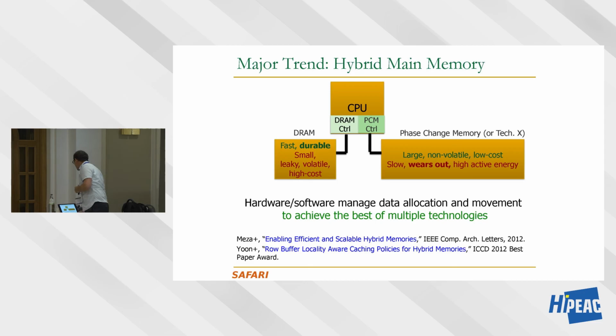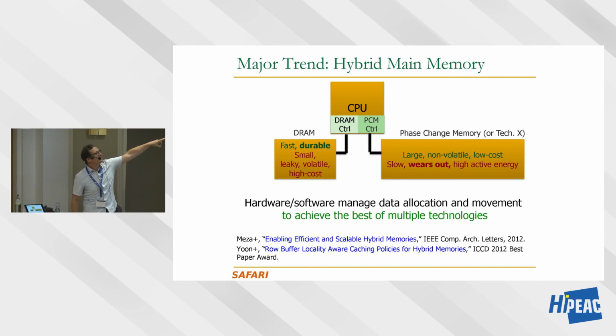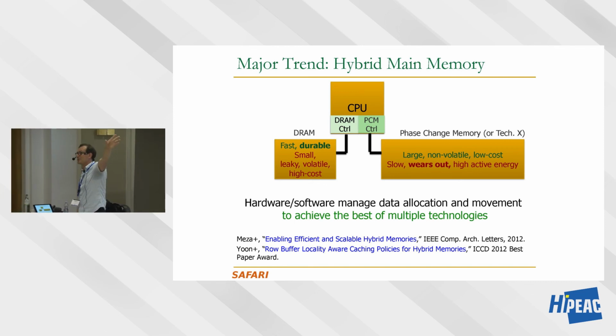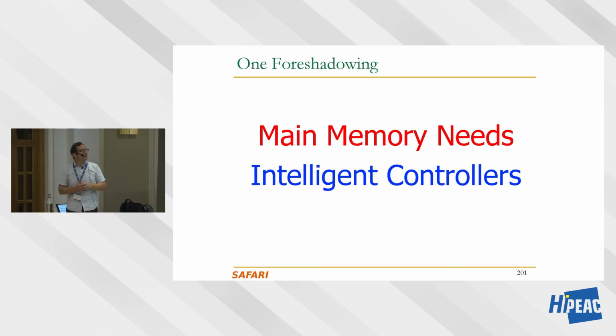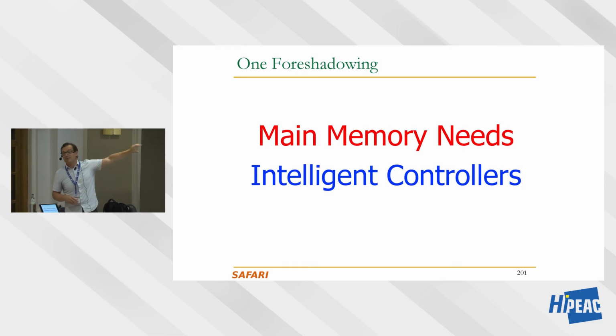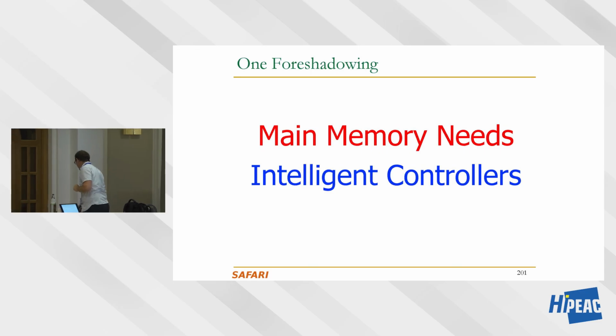And we envisioned this a while ago. This is DRAM, this is phase change memory. But this could be different types of DRAM, right? This could be high bandwidth DRAM on the left and large capacity DRAM on the right, as people are doing today. Most people are doing that today. But I think this is going to proliferate more and more. So if you want to design something like this, you really need intelligent memory controllers to manage things. So I think this is going to be important.